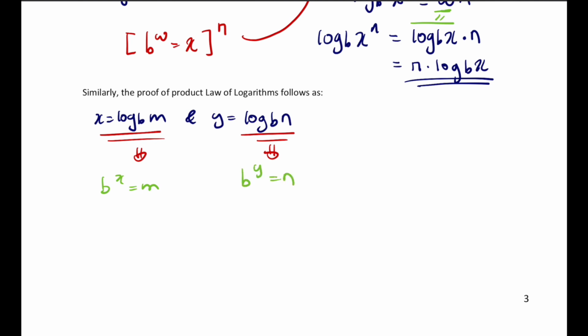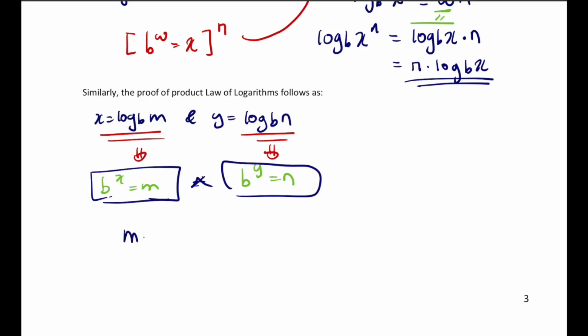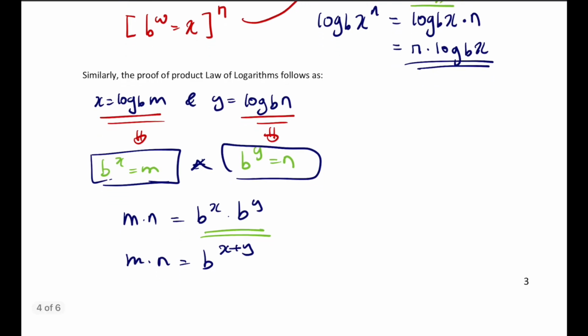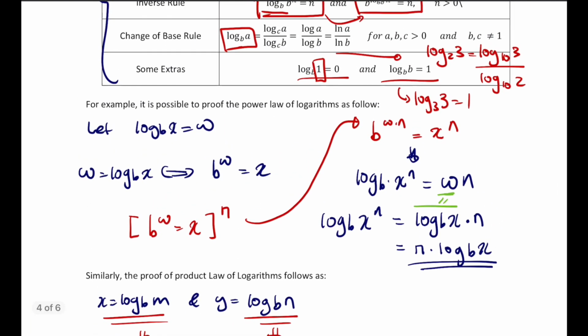Okay, then multiplying these two together, it will give us the format m times n equals b to the power of x times b to the power of y. Then simplifying the right hand side, m times n equals b to the power of x plus y. Then if I rewrite this exponent format to the logarithm format, it's going to be the same as log base b of m times n equals x plus y,